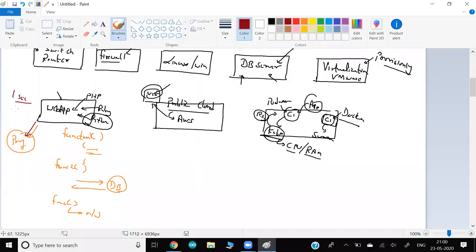Maybe my program is running slow. Why slow? Which part of my program? A program is a program file, and inside the program file you have multiple lines of code. Which line of code is taking a lot of time, function 1, function 2, or function 3? I can go to that level and check.